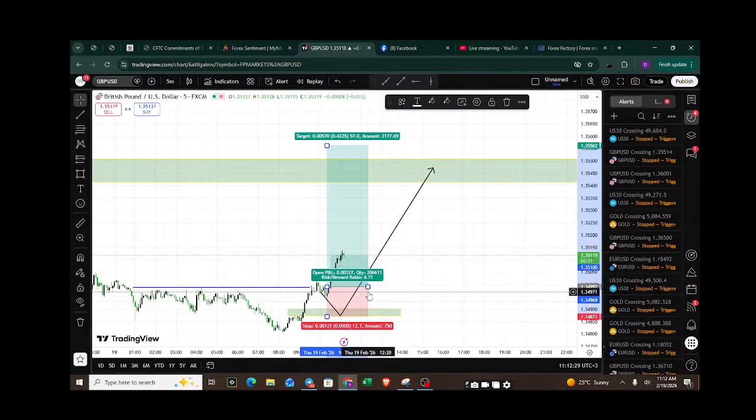So this week has been nothing short of, do we say great? I cannot say great, but it has been a good week. This week has provided some very good setups. So we really cannot complain as much as we would want, but it has been a good week. And I hope next week will be even better. We always hope for better weeks.